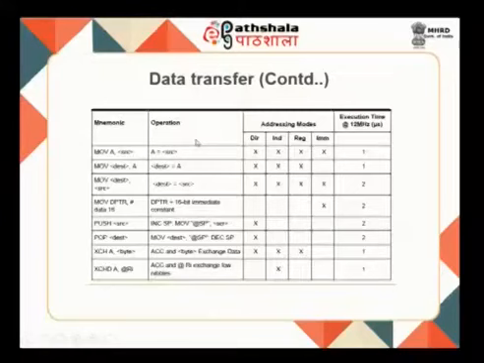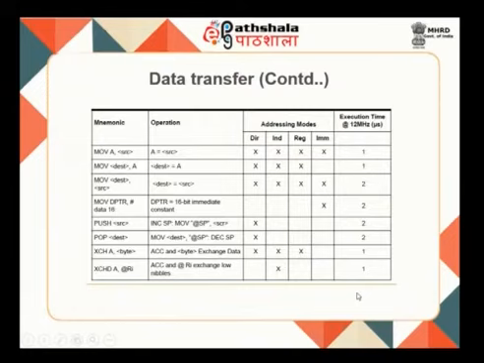So, this is a table which shows the kind of things we will be having with the complete way of writing your move instruction. That means your data transfer instruction has been shown over here. So, MOV A, src. Now, I can have whatever be the source which is available over there, which will be moved to your A.